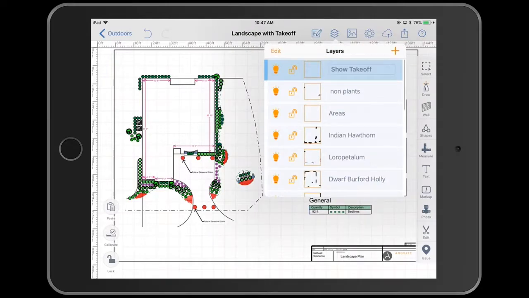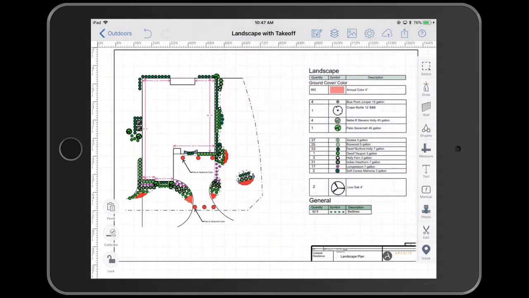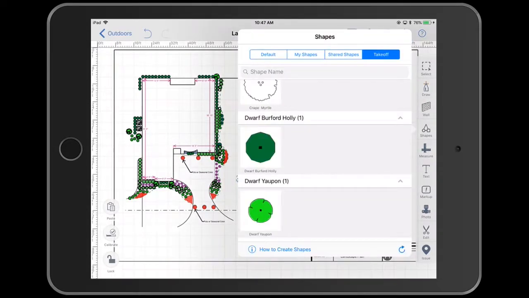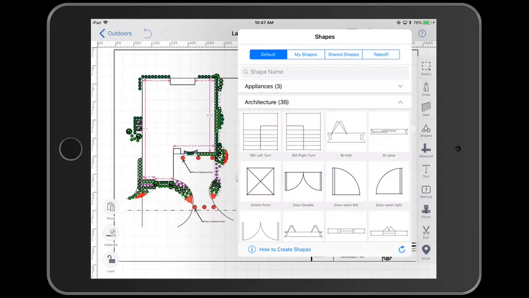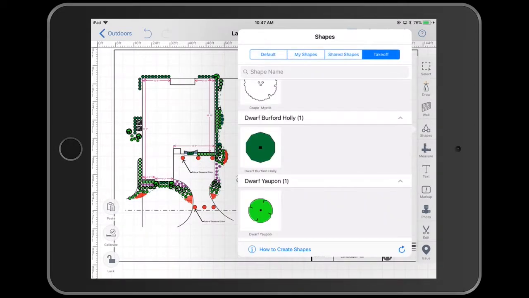I've created a new layer where I can show you the takeoff. I'm going to add a shape. As you can see, there's different options here. Once you've set up your takeoff, you'll have this takeoff tab where I have these shapes for which I've defined questions. So I'm going to drop in this dwarf,